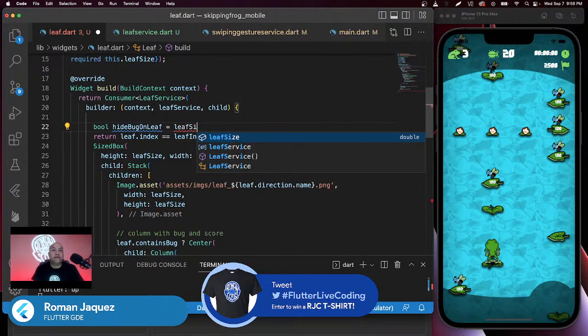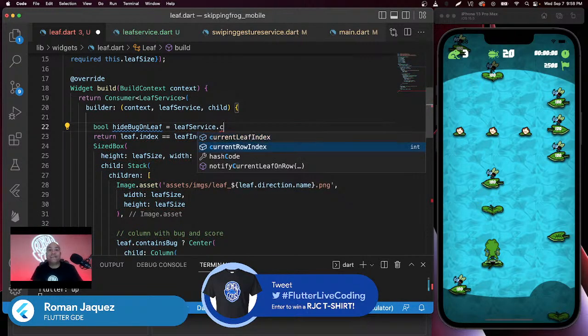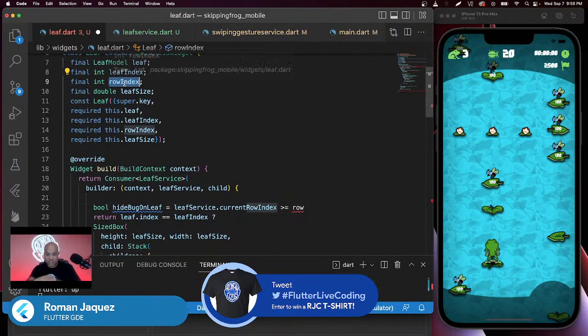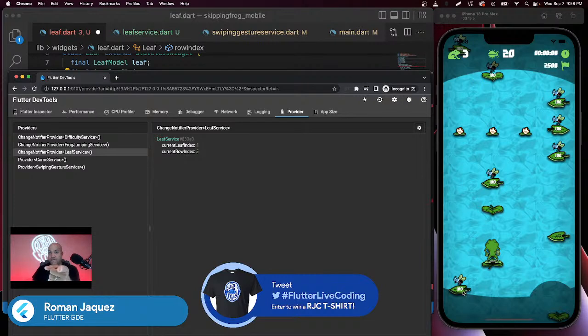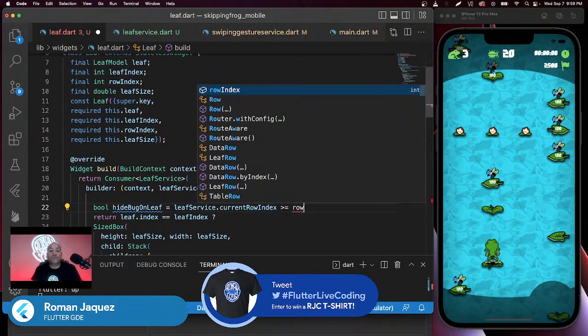I need the leaf service, and then if I pull the value out of it, the current row index, if the current row index is greater or equals to the row index. So if it's greater or equals to this guy, the one that we're injecting, which is the current row. At this point, what did we say the current row was? 5. So if I am at 5, anything below 5, you see this little bug right here, needs to go away too. Anything below that needs to go away. So I'm gonna say if it's greater or equals to the row index,